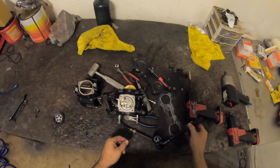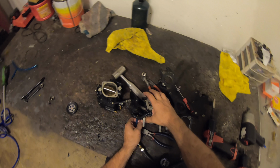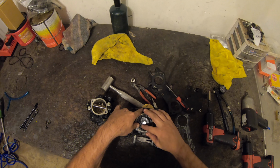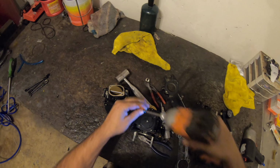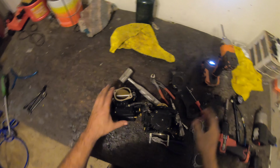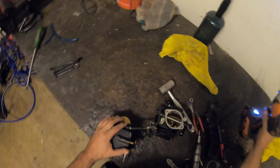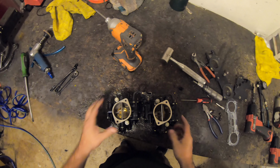65. Well, I was wrong. Pop-off's supposed to be above 70 on this one, which it's at. So we're going to put it back together. This side doesn't have to be torqued down. Just needs to be tight. Obviously these 2 posts need to go side by side, so if you get confused,